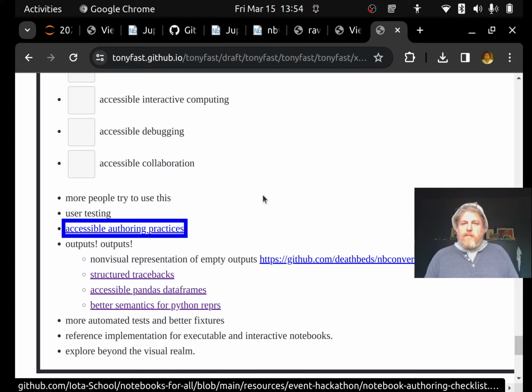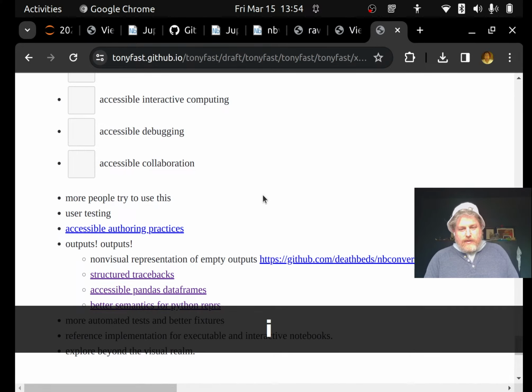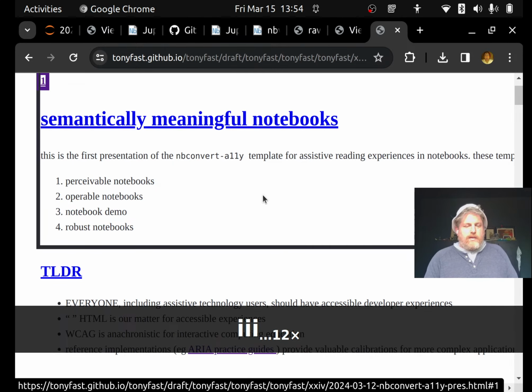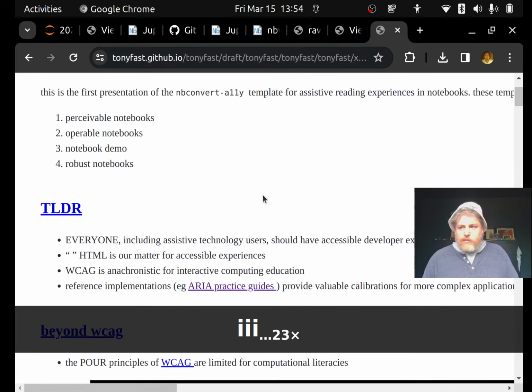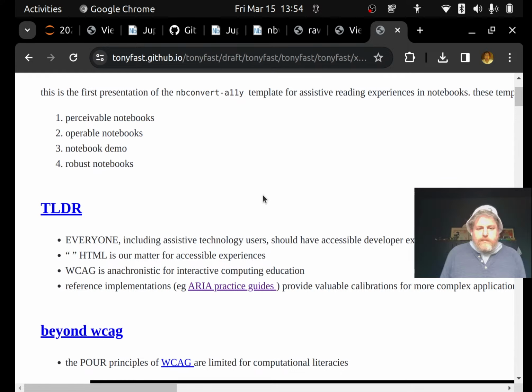But these things are keyboard navigable. Bullet outputs. White bullet on visual representation. Bullet reference implementation. Wrapping to top. Cell 1. Visited. 1 perceivable. 2 operable notebooks. 3 bullet. Cool. Anyway, yeah. So we've got some better cell navigation there,